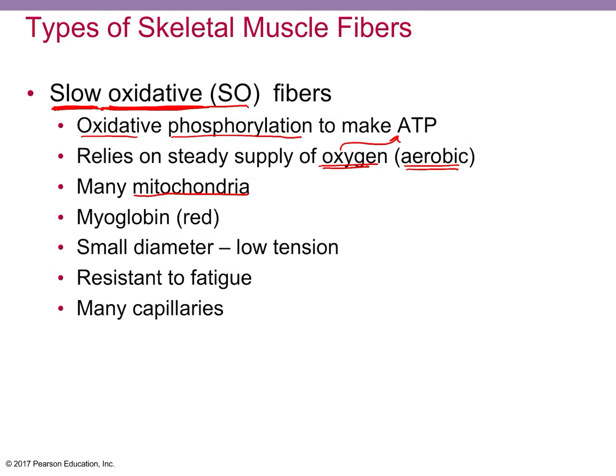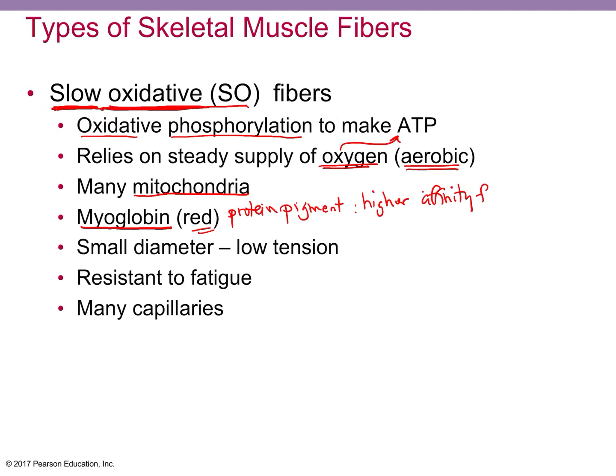And the reliance on the oxygen means that they actually store oxygen inside of their cells, and they store it with this protein called myoglobin. So myoglobin is a protein that has a pigment to it. It's actually red, okay, protein pigment. And it has a higher affinity to oxygen than hemoglobin. So if you're not familiar with hemoglobin, or you forgot, hemoglobin is a protein inside your red blood cells that carries oxygen. So this myoglobin is a cousin, right? It's very similar to hemoglobin, but it has a higher